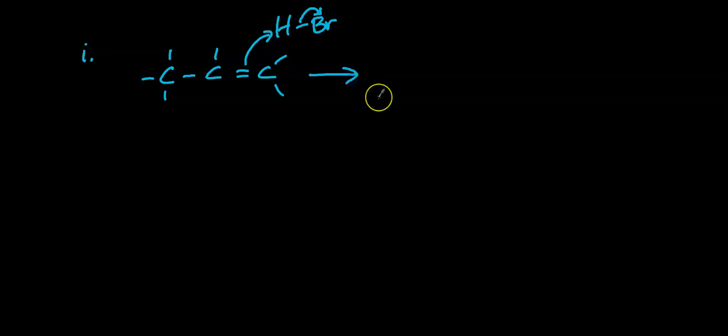All right, so same as before. We have the electrons of the pi bond attacking the hydrogen end of this molecule. So we have a covalent bond formed between one of the carbons that is double bonded and hydrogen. And so one of the possibilities is this,